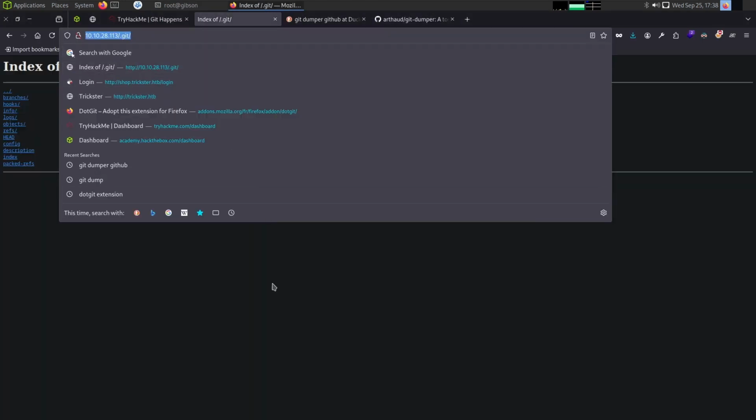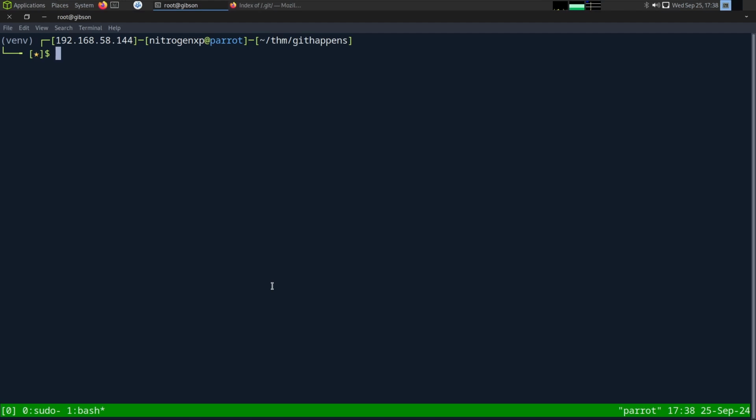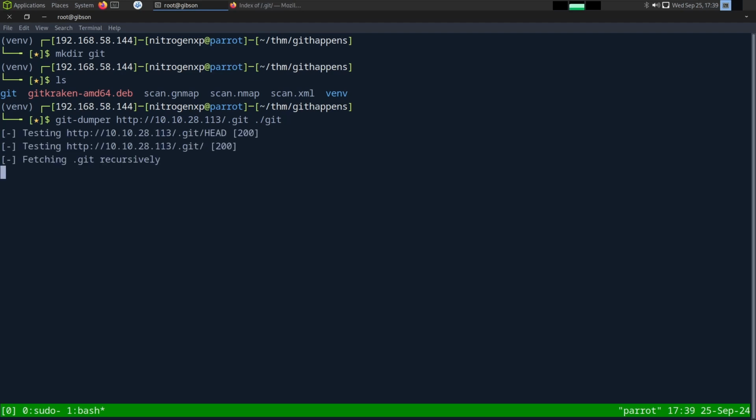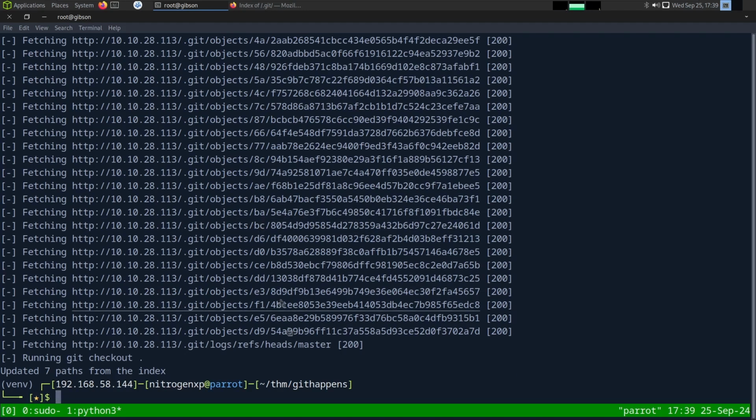So I'm just going to copy this website, and first I'm going to create a git folder. So mkdir git, and then here's an empty git folder, and just type in git-dumper, and then type in the URL that you want to dump. I believe it will not work with the slash, but I'm not sure. And then the folder where you want to dump your git folder in, and then type in enter, and it will dump this git folder really quickly